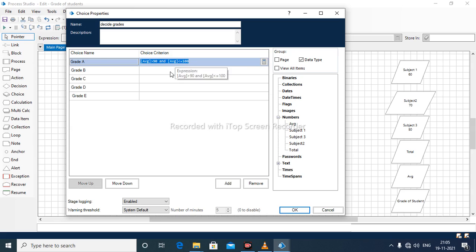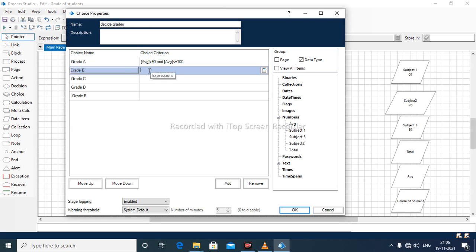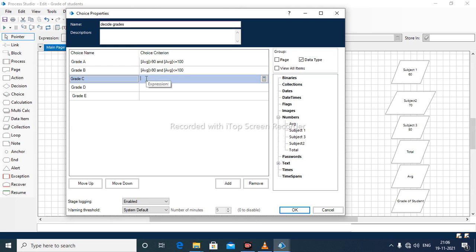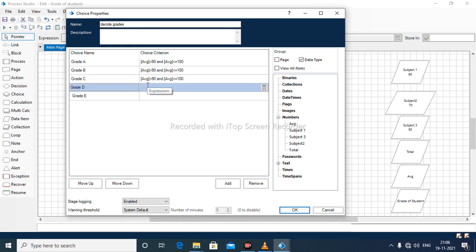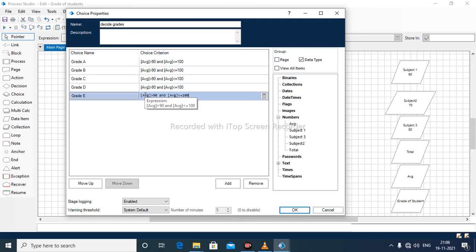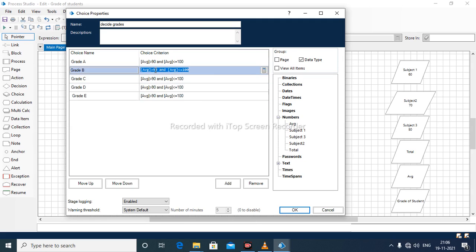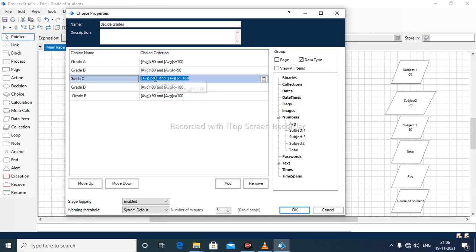So this is the first criteria for A grade. I will copy this. Okay. So here I will write 80, for 80 to 90 there is a grade B.